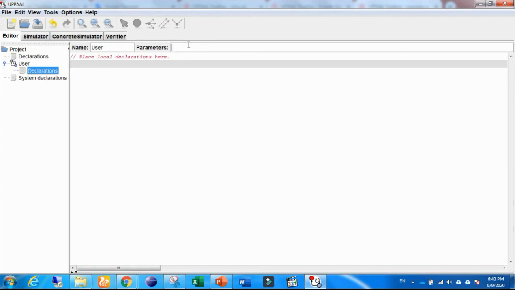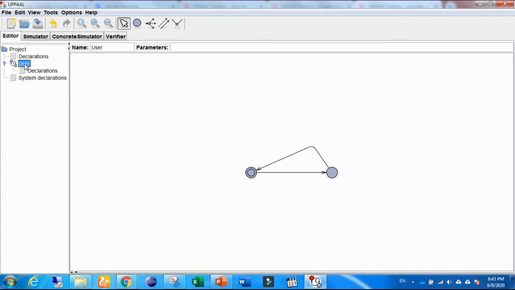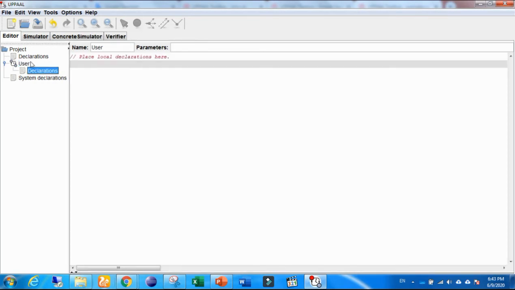Here also, if we want to declare or pass a variable to the timed automata, we can define or declare the variable here. The declaration of the variable can be global, or inside the timed automata as a local. We can define variables here if we want to pass a variable to the timed automata. This is about the parts of